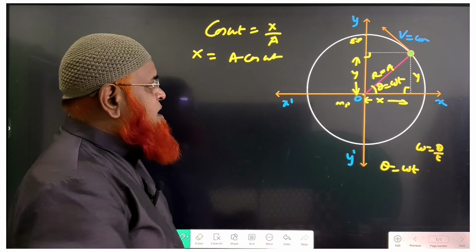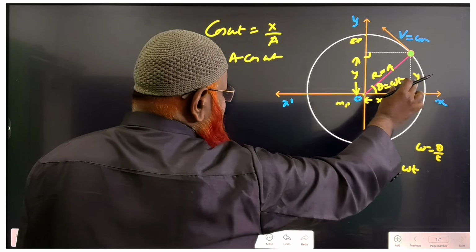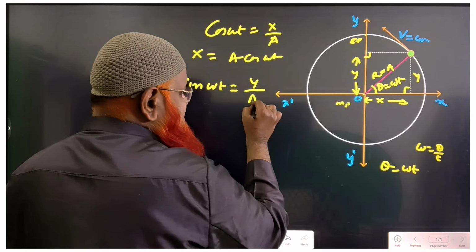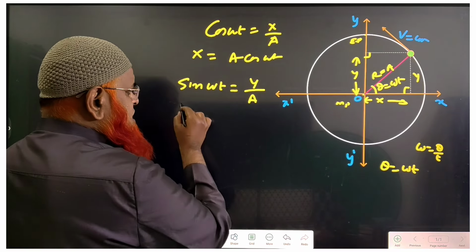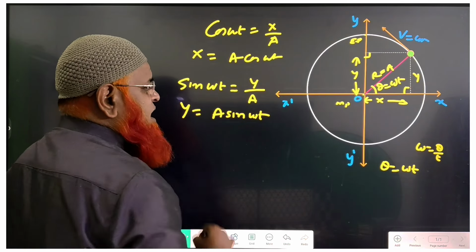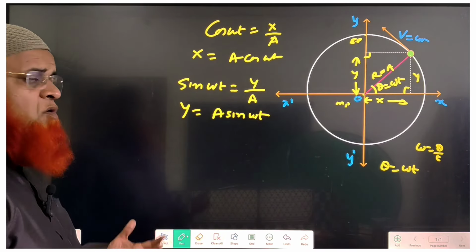Similarly, if you take sine omega t, this sine omega t can be taken as the opposite side, that is y, and hypotenuse is taken as the amplitude, that is a here. So I can write this as y is equal to a sine omega t. Okay. So if y is equal to a sine omega t, we can find out velocity also,